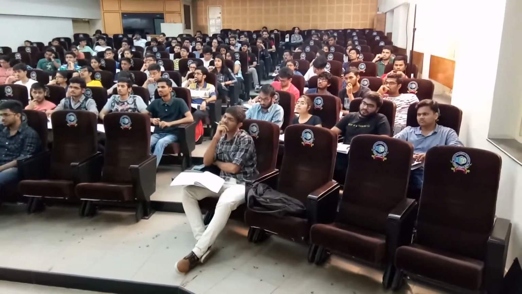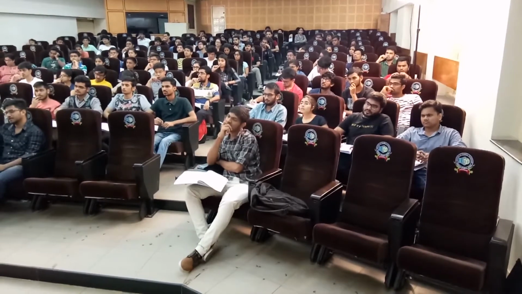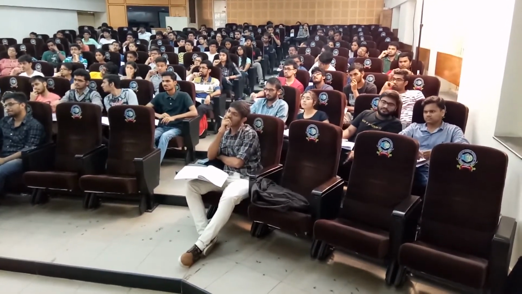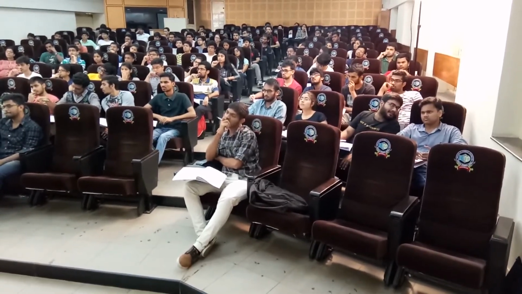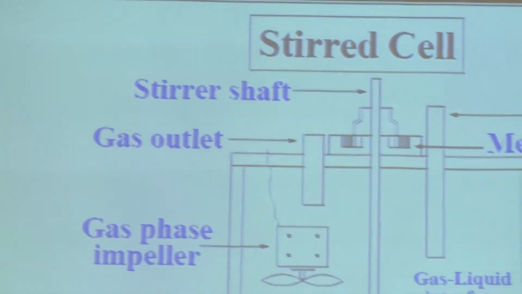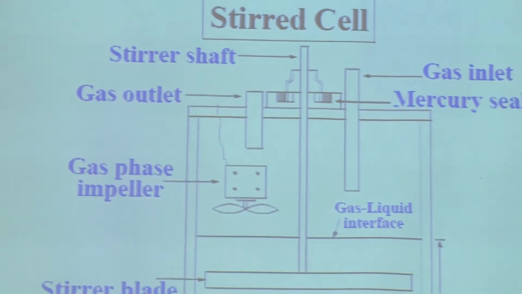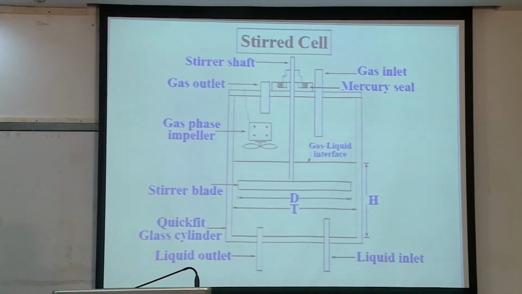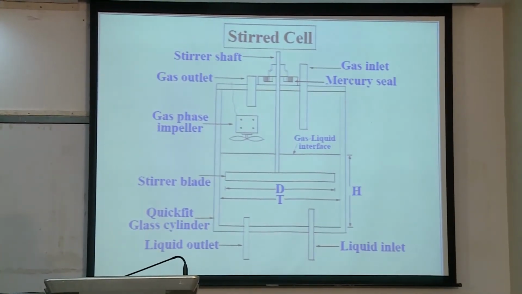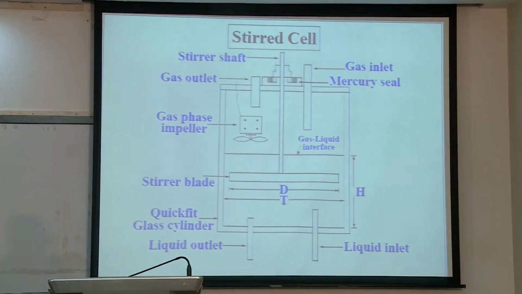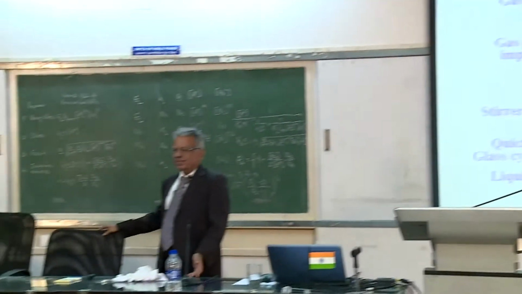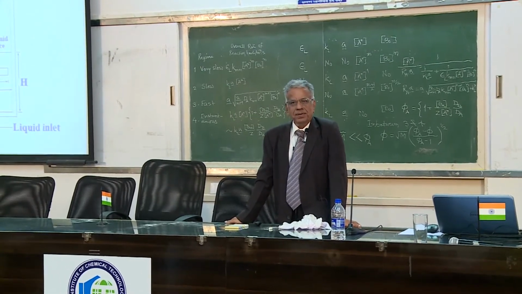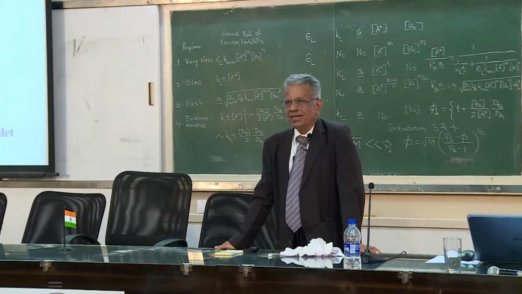The step 1 is, it is likely that the light liquid dissolves in heavy liquid and reaction occurs, or heavy liquid dissolves in light, or there is a likelihood that the reaction occurs in the light phase or it occurs in heavy phase. And we don't know. We know nothing. So out of this is also not known. So how to identify? What are the experiments that we should do to know the phase in which reaction is occurring.